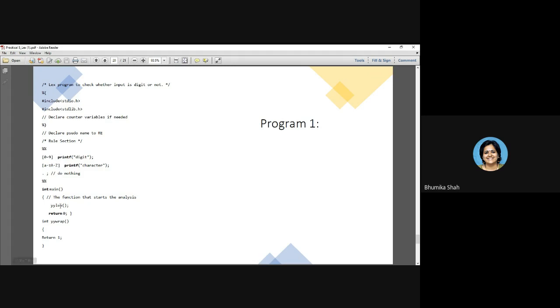As we have said earlier, yylex itself calls the yywrap function to check whether we have reached the end of the file or not. yywrap should not be explicitly called, but you need to provide the body of yywrap, otherwise you will get an error. So the declaration is given at the end outside main, integer yywrap, and simply write return 1. So whenever the end of the file is reached, it will return 1.